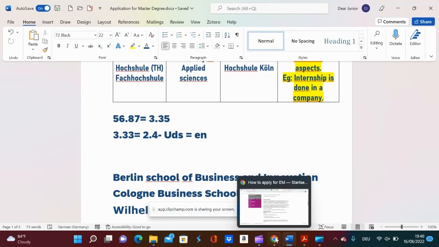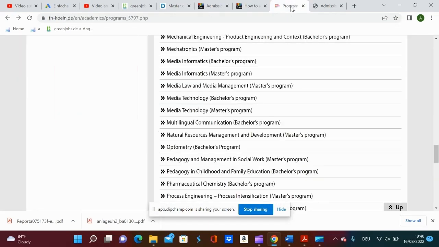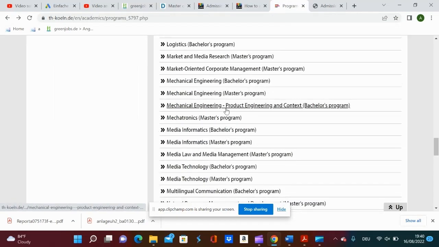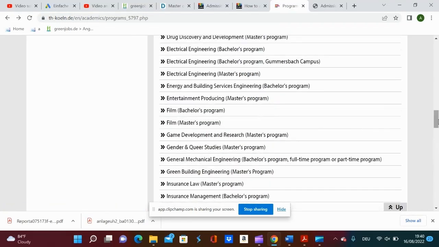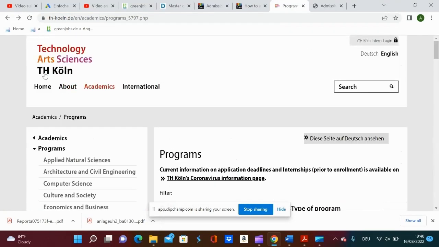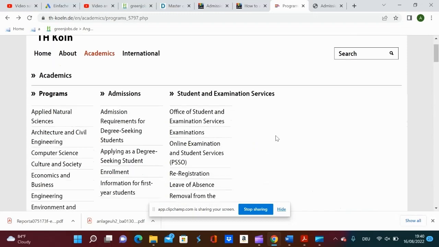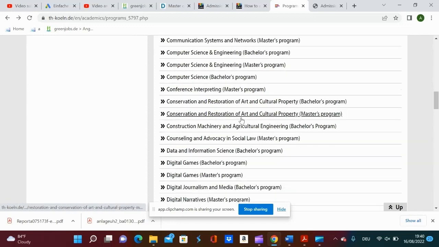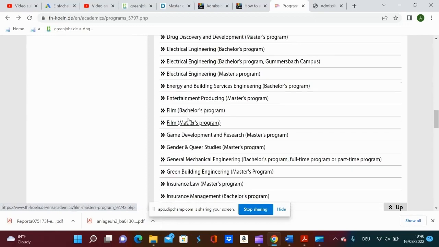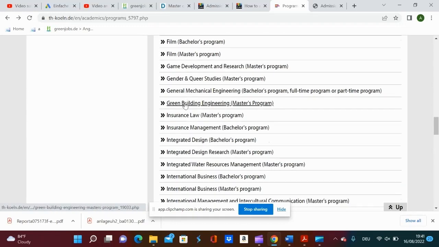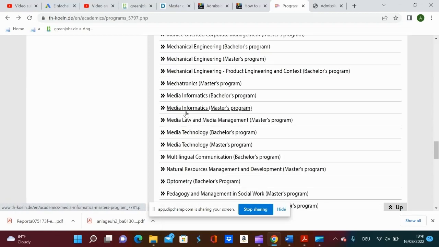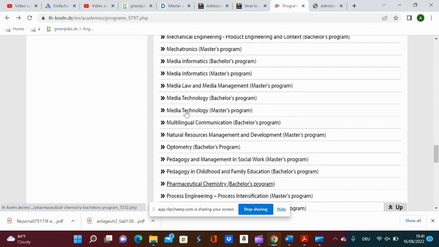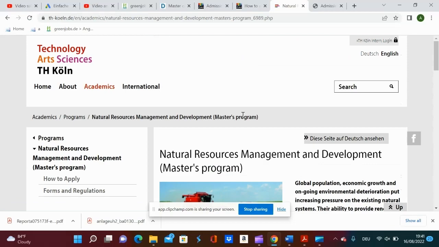I have another example here for this course. This is TH Cologne, Technische Hochschule Cologne, University of Applied Science, Cologne. Let's check an example of a master degree program, for instance natural resource management.